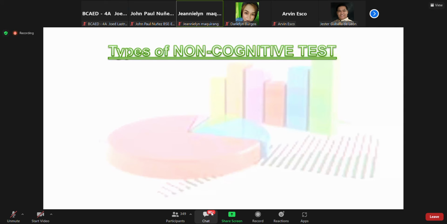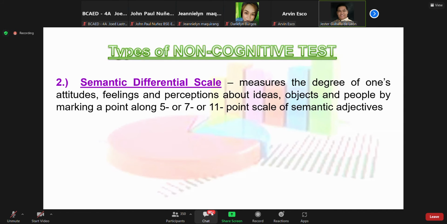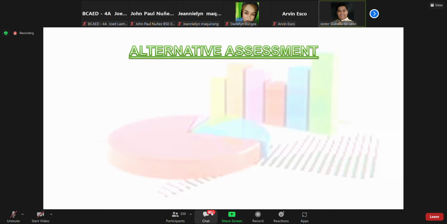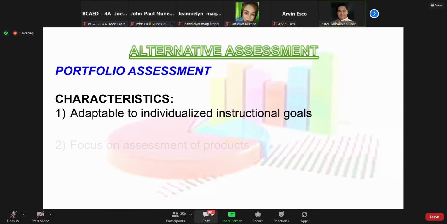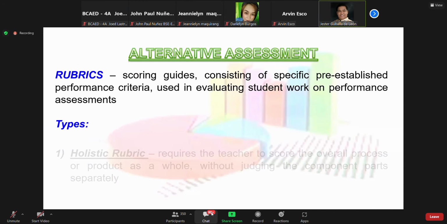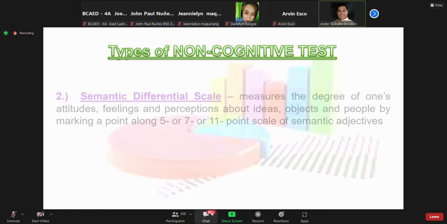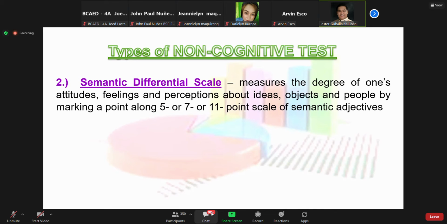Yes po. Ayan. So dito tayo naputol sa semantic differential. So sa semantic differential, para lang din siyang scale or yung rating scale natin kanina. Okay? So para lang din rating scale, si semantic differential. Okay, so for example, you have math is